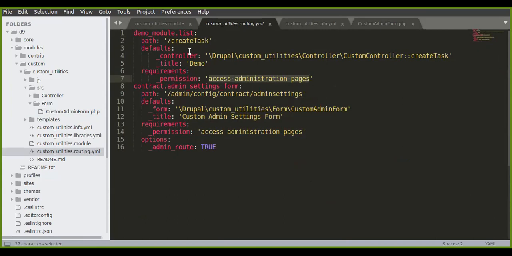Let's say we have an anonymous user, authenticated user, and admin user. Just these three roles come by default in Drupal core. If you want, you can create more user roles. That is what we discussed last week. So if you want to restrict some route for specific roles, you need to specify it in your route like this. This is the syntax. Once you put the permission with this, you can see the permission level under this area, permissions.